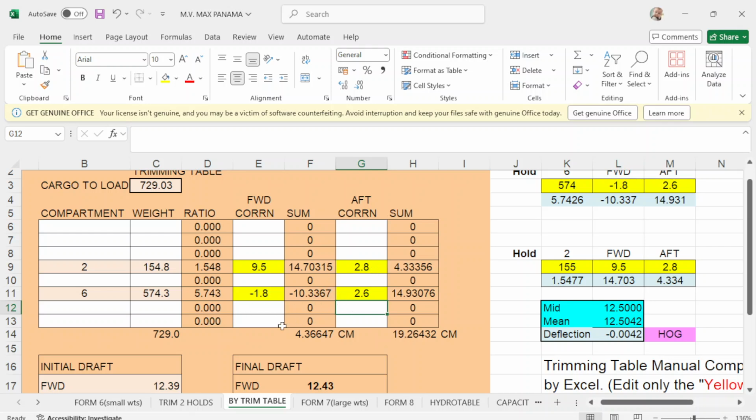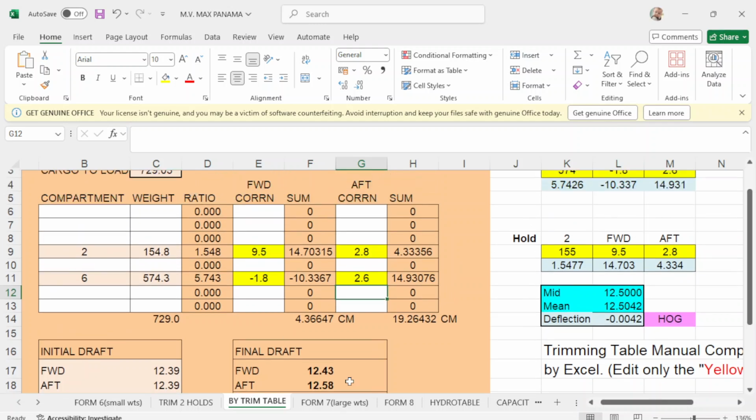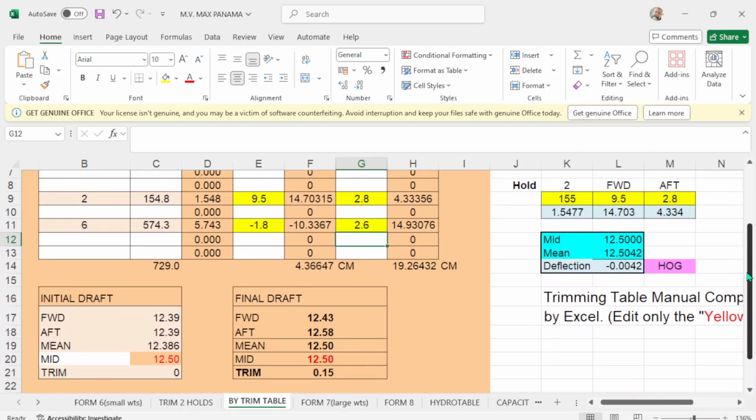It's just an assumption that at this point in time this is the correction of your, for example, cargo hold number 2, this is the correction of your cargo hold number 6. This is just an assumption, or let's say it is already assigned by the architect or the maker or the design of the vessel that this will be your correction. But in actual practice, it's not accurate. But if you adjust this correction, you will get the right drop.